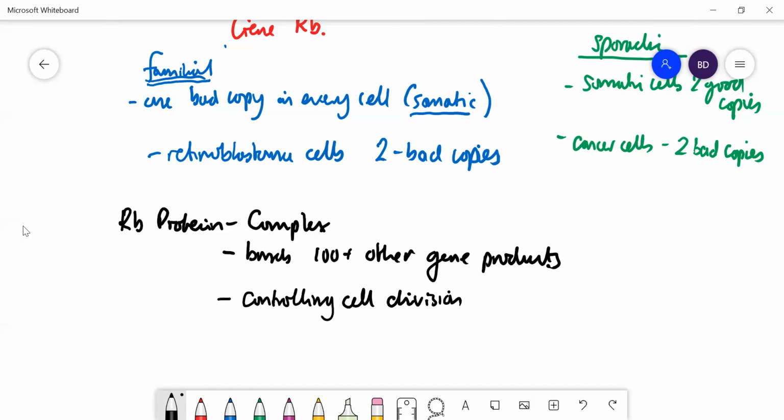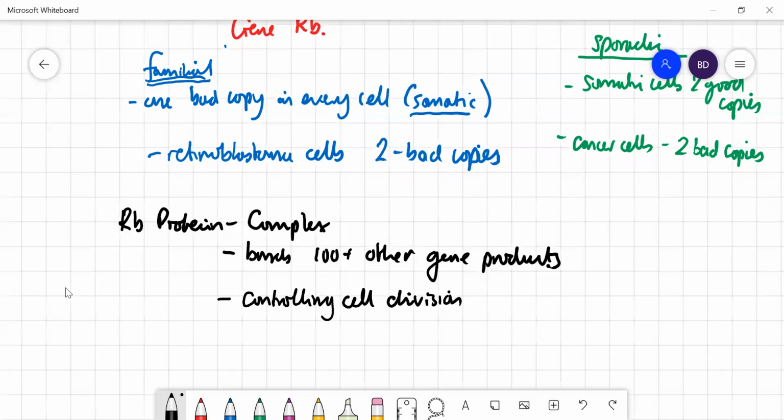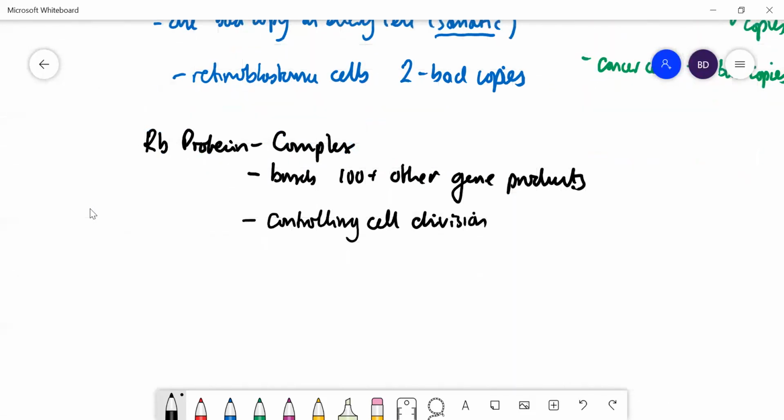Since retinoblastoma, I think over 100 tumor suppressor genes have now been identified. I'll just name a couple of important ones. The ones you may have heard of because they're in the news are BRCA-1, and that's on one chromosome, and BRCA-2, that's a different gene on another chromosome. If you have one bad copy of either of them, then I think you're 10 times more likely to develop breast cancer and up to 100 times more likely to develop ovarian cancer. They're very strongly associated with those diseases.